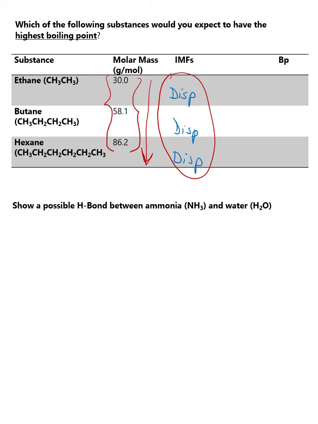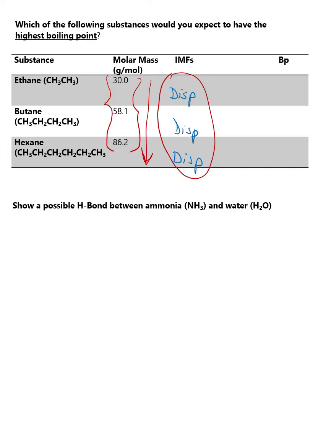In this one you do have exactly the same type of IMF, which is dispersion. So when you have only dispersion, you can base your answer on the size of your molecule. Out of the three that I have listed here,